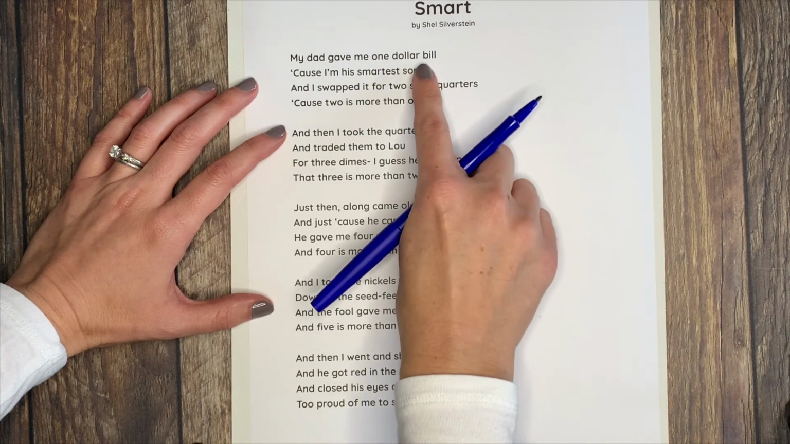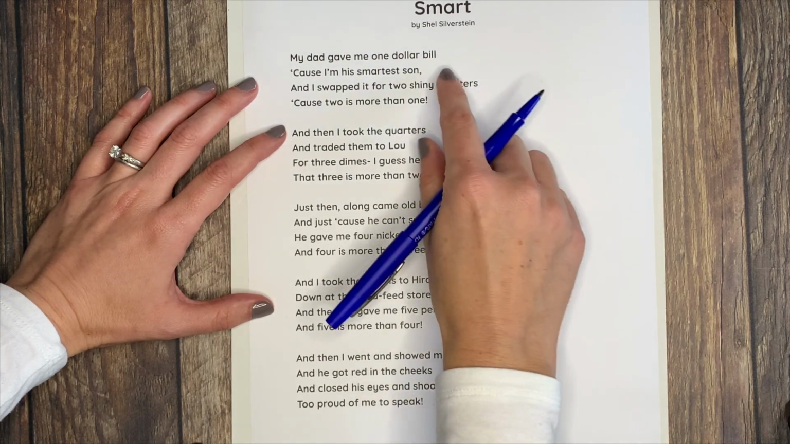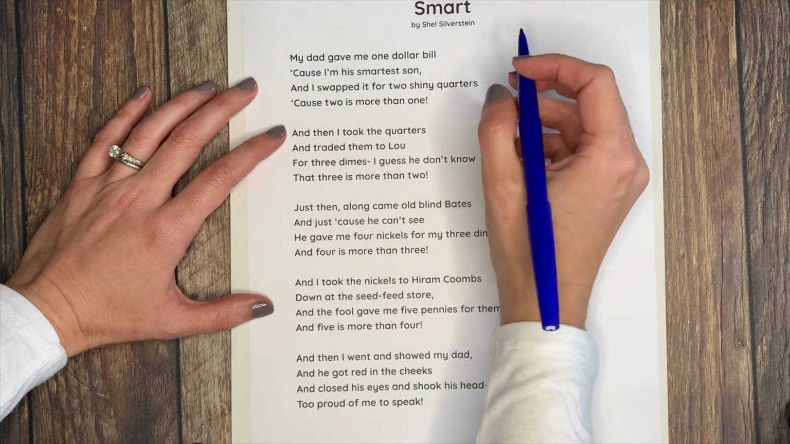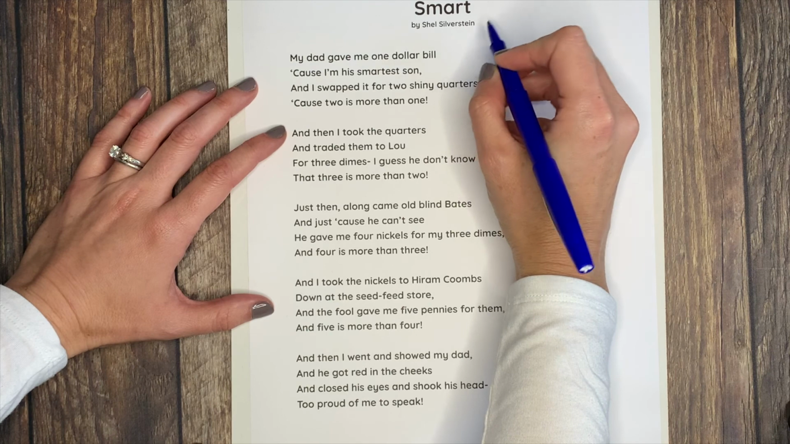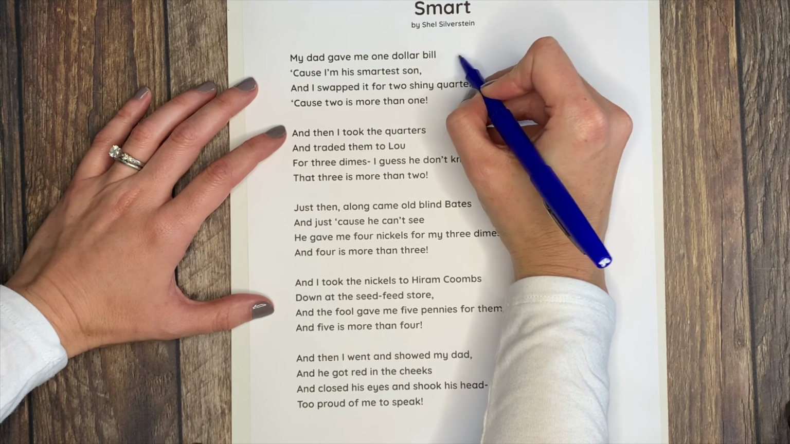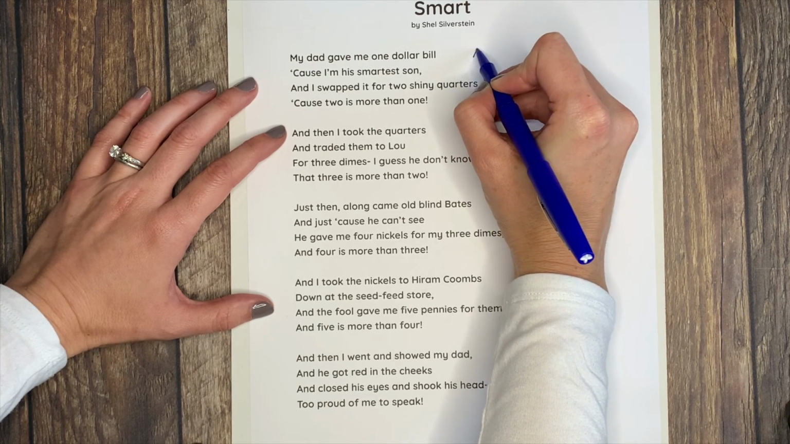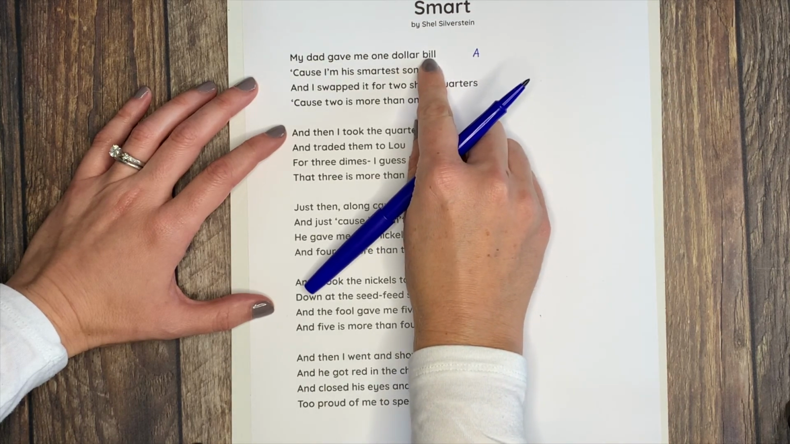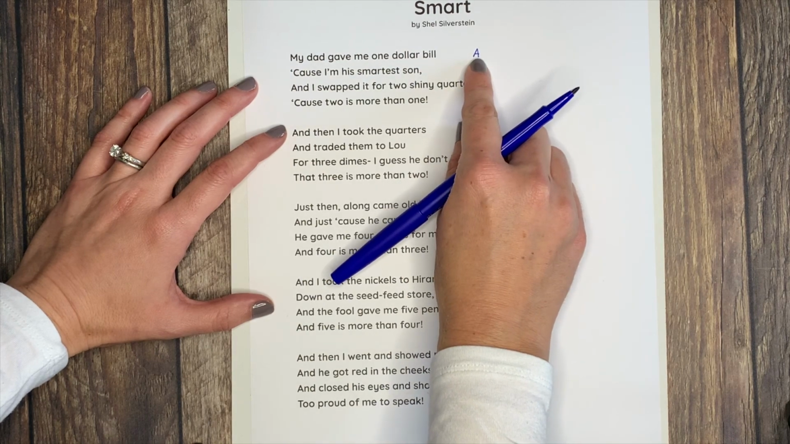I don't hear anything that rhymes with bill. To record my rhyming words, what I do is I start with the first letter of the alphabet, A. So I'm going to label the last word of my first stanza and my first line